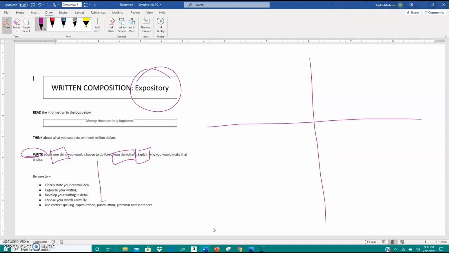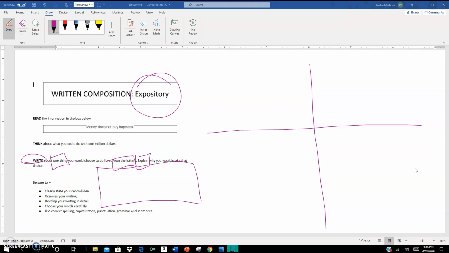So first thing they're going to do is create a central idea. Sorry, this looks a little crazy. I'm on my computer. You are going to create a central idea. I always do CI for central idea, and it's important that they use some of these keywords from the prompt to create their central idea. So a good central idea would be